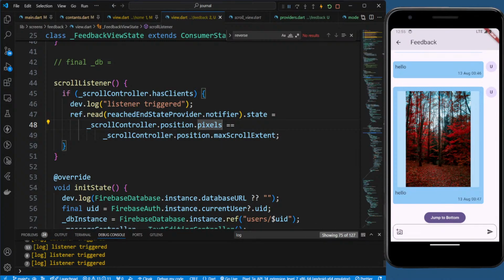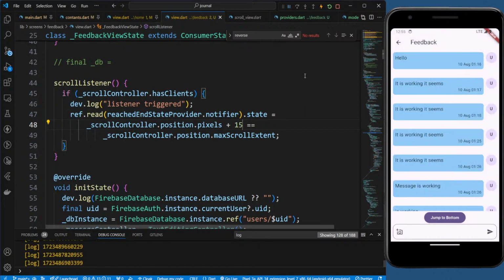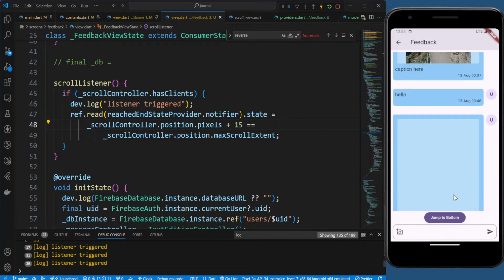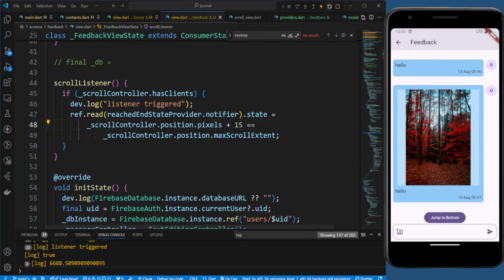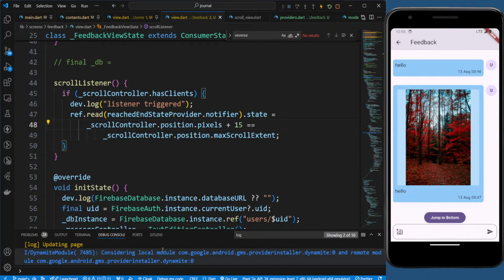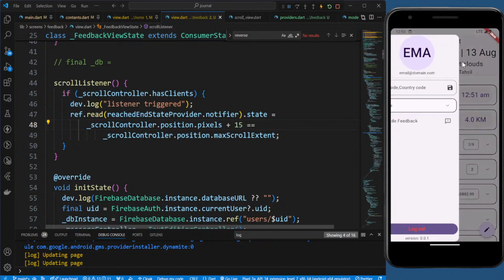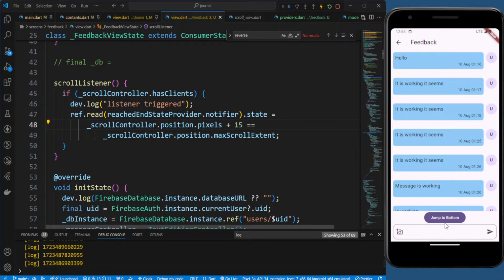So what's the difference? When you click on this, you see there's a difference of 6 pixels, right? So 15 pixels will always be our minimum. So seems like sometimes the pixels may not match. It may not give you the exact thing. So if you keep 15 pixels safe, right? So even if we go there,